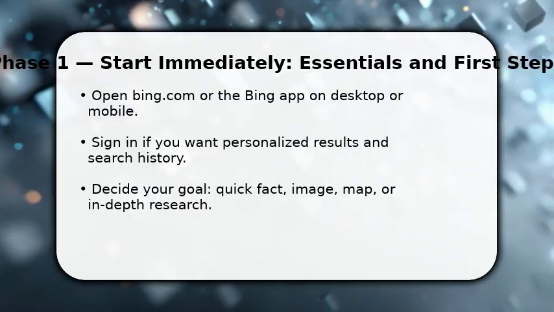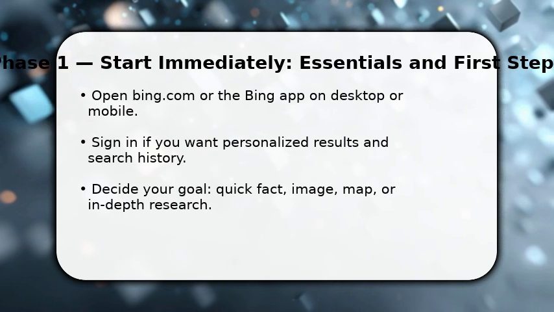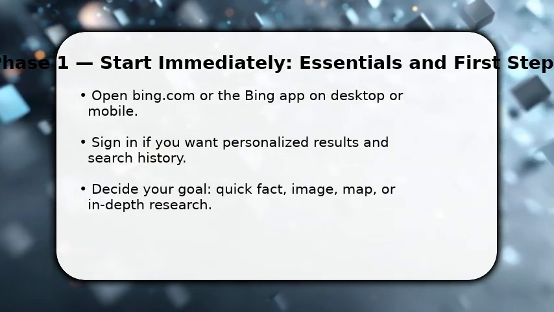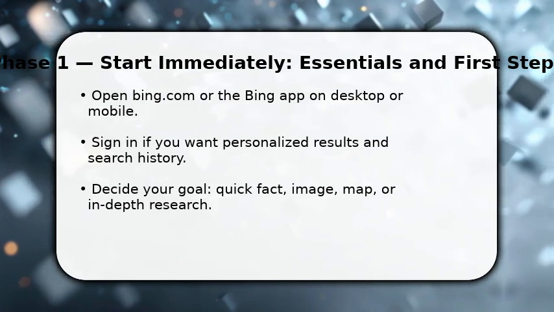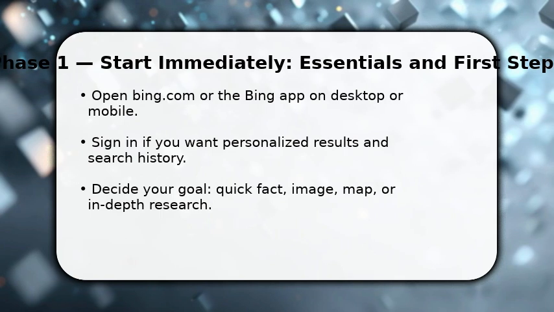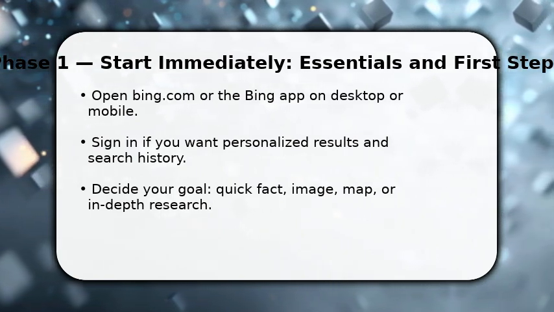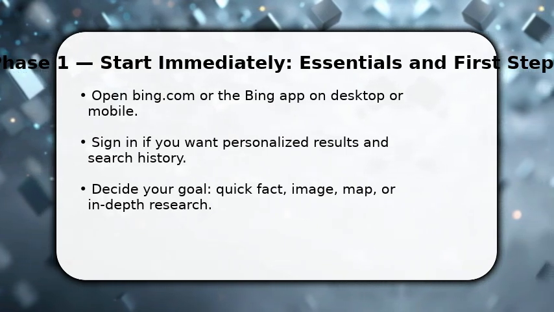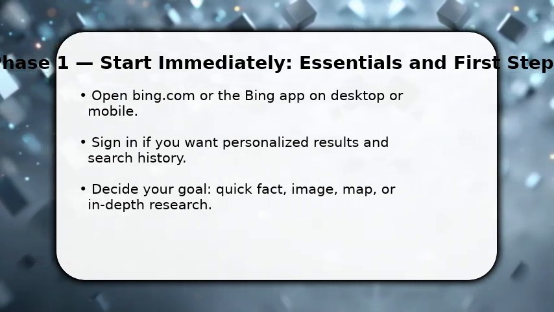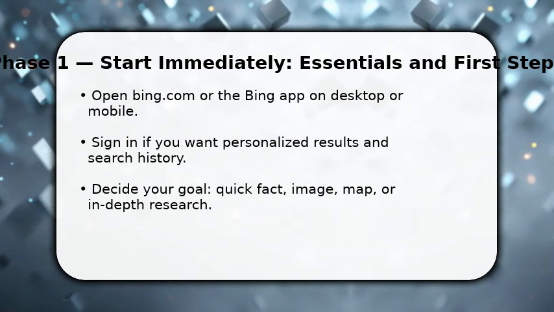You're ready to search. Open Bing.com or the Bing app and go straight to the box. Type a clear query that names what you need, for example, product model or place. Use quotes for exact phrases and a minus sign to exclude words. Once done, glance at the top filters: web, images, maps, because choosing the right tab narrows results immediately and saves